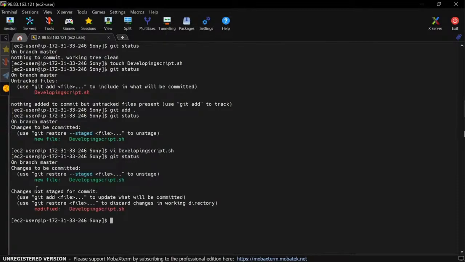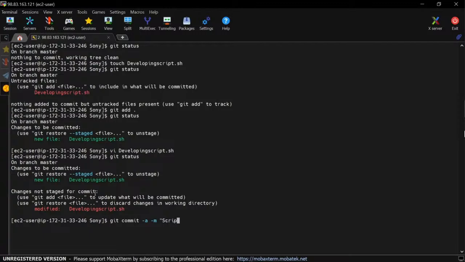And what are we told? That our file is still in the staging area, but a modified version of the same file is in our working area. Now, let's say we want to commit these two and merge these two changes together. What we'll do is git commit -a -m with a message